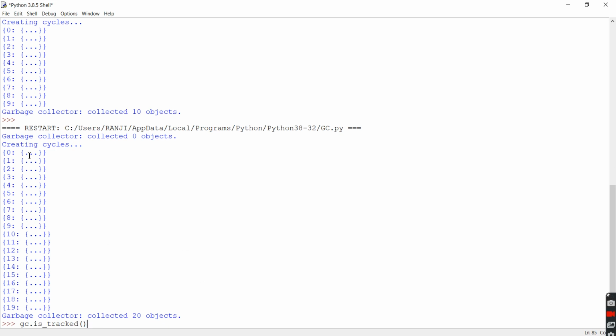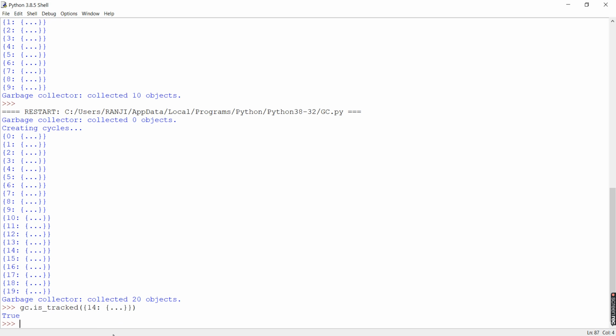So we need to pass some object. You can pass any of these, and if I run this, it will return true because it is currently collected and under the observation of the garbage collector.